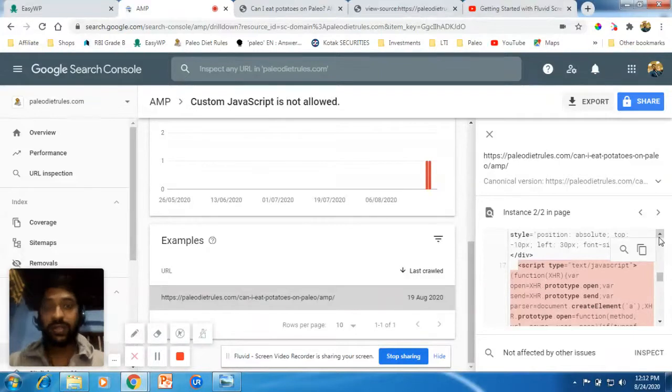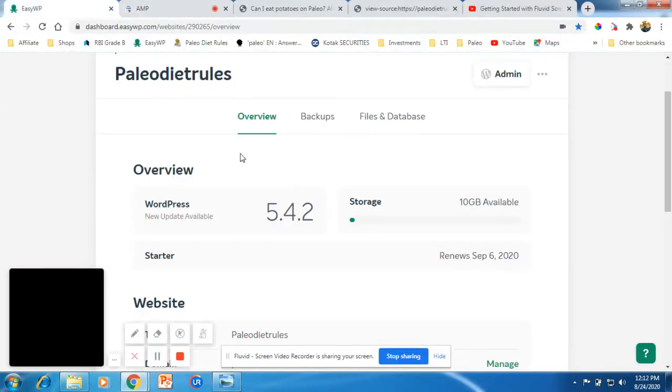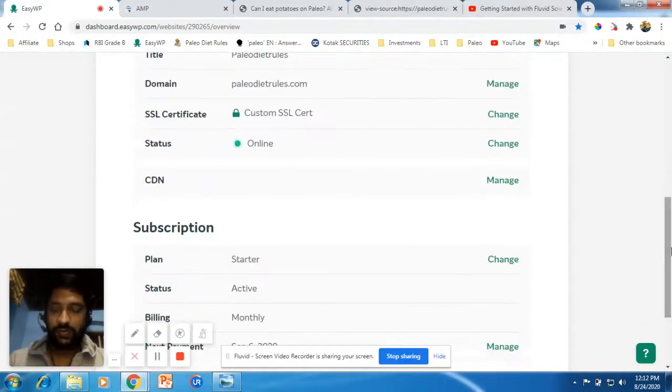To understand that, you should know which particular widget or extension or application inside your website is injecting this code into your source code. In case of Namecheap, the reason I'm saying this is because if you have availed the CDN service, Namecheap actually gives you a Supersonic free CDN.